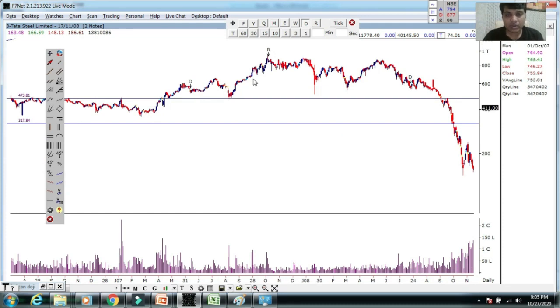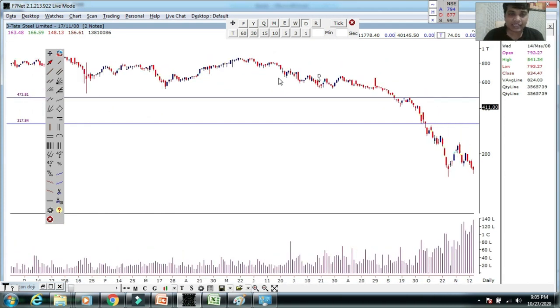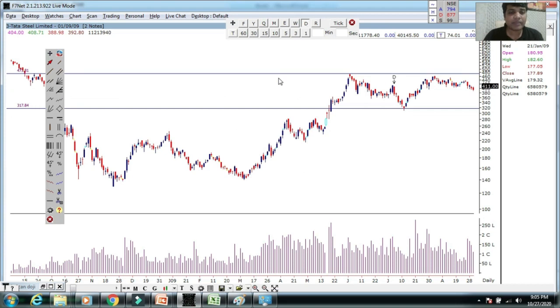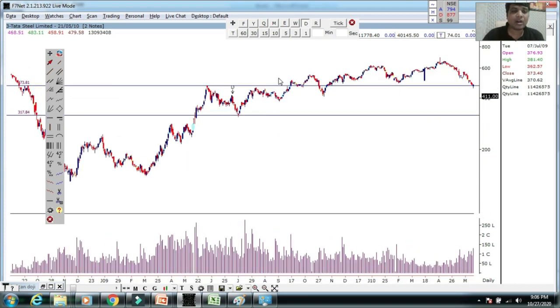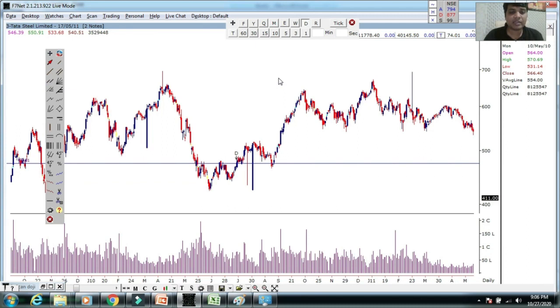So this is also a head and shoulder pattern. The more the shoulders, it is not that the chances of the market falling are higher. The intensity of that pattern gets reduced. So make sure the number of shoulders is less, and then the intensity or the importance of that pattern is there. This is again an inverted head and shoulder pattern that happened at the end of the wave,